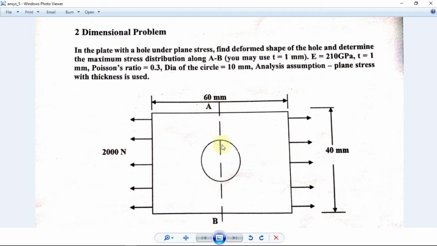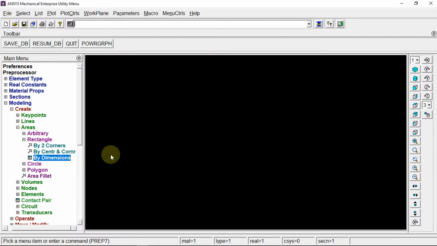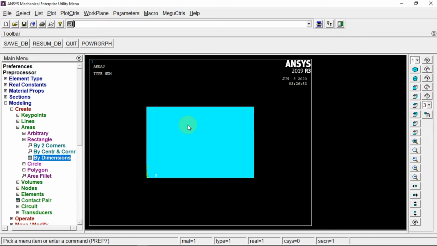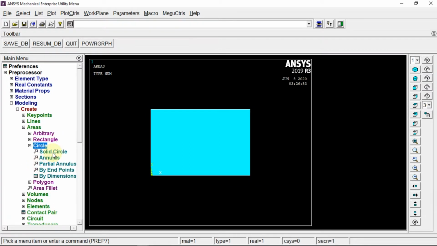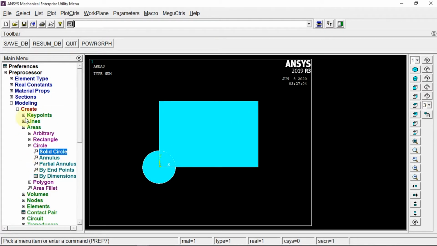So this is 20 and this is 30. So 30 and 20. Okay, so there we have it. Now I'm going to create a circle, solid circle, at the origin with radius 5. Click on apply. So there we have it.